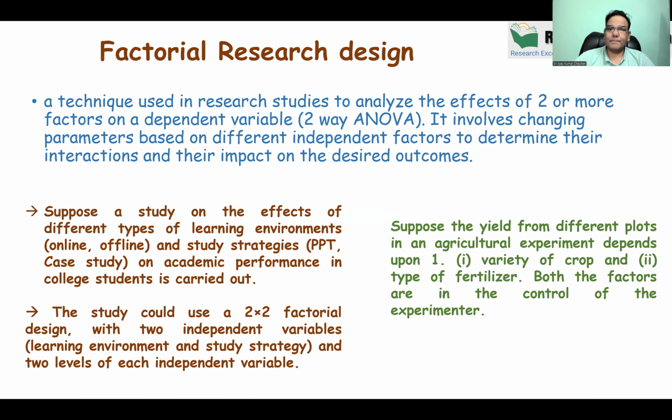Now the last is factorial research design. So in factorial research design, we have to find out the interaction of any two variables on the dependent variable. So it is just like two-way ANOVA. So there are three examples I gave to explain what is the factorial research design. For example,